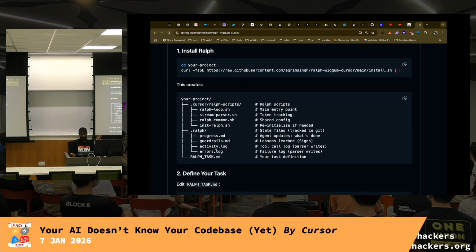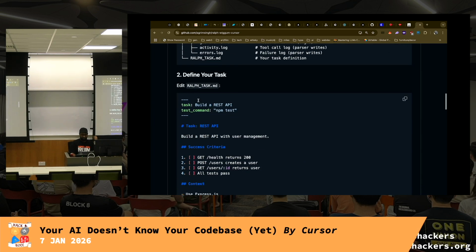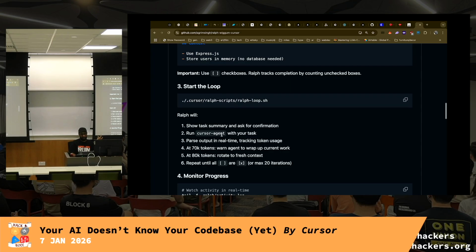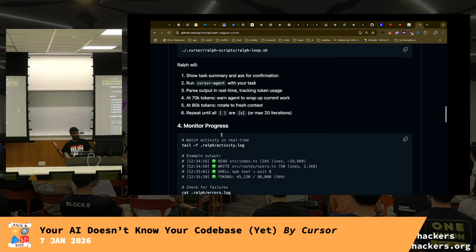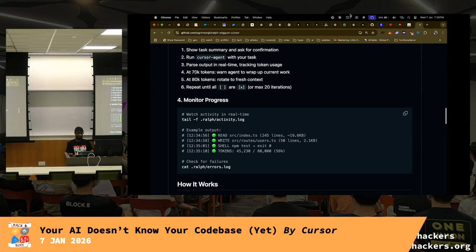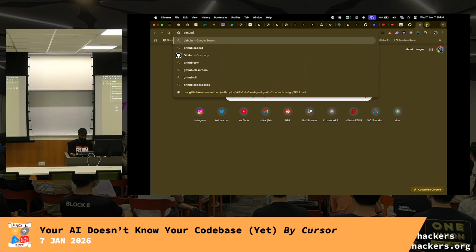Once you set it up, you have a bunch of these shell scripts that run. You define a task with some context. You start the loop. That's pretty much it. And then you can sit and watch how well the loop is going. So I just let this run overnight. This repository that I was showing you guys,